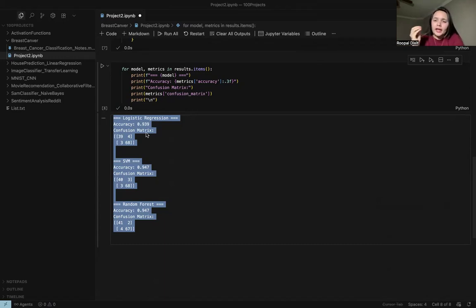So the key takeaways from this project, what did we learn through this project: random forest performed best because it handles complex patterns like a pro. SVM and logistic regression are great too, especially for simpler or linear data. The breast cancer dataset is clean, which helped all models perform well. To make this project even better, you could use all 30 features, tune model parameters, or add metrics like precision and recall for medical accuracy.